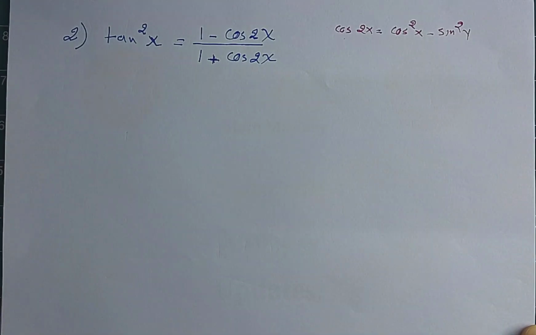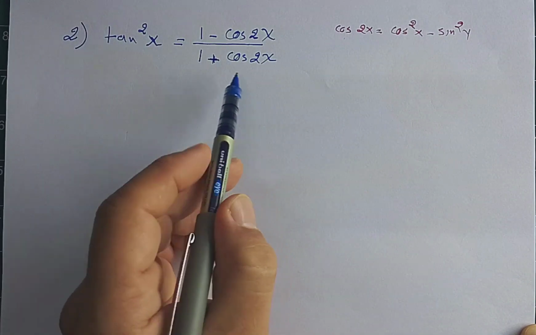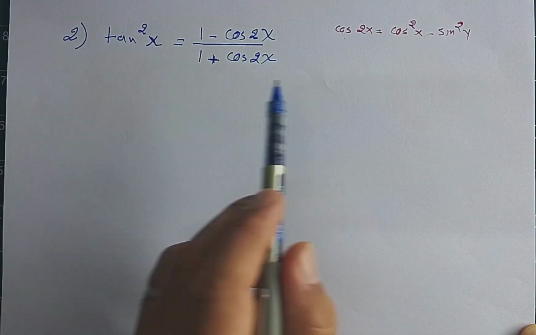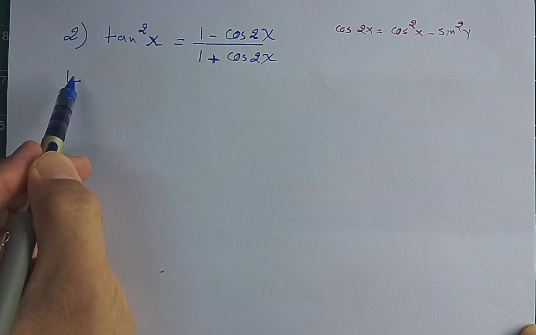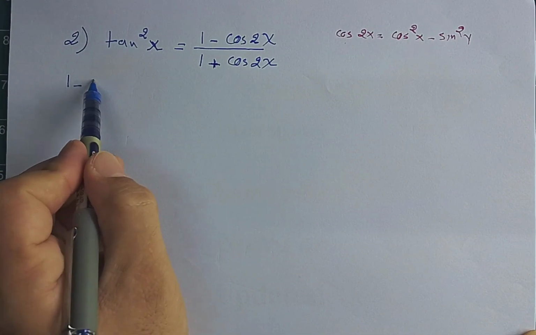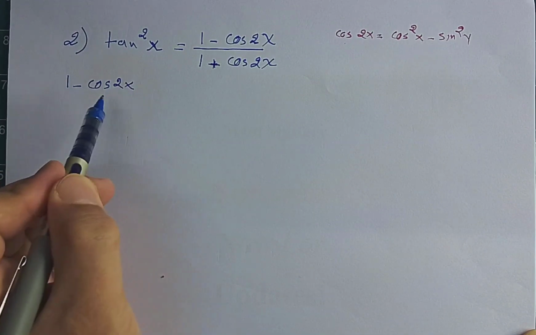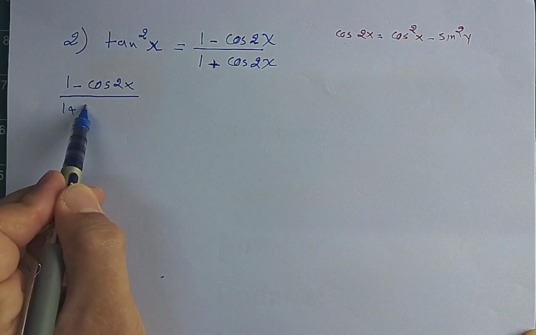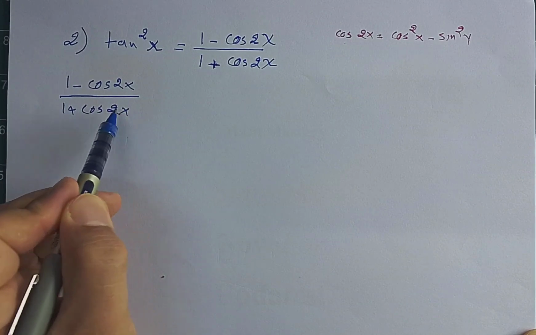Okay, so I start with the right side, 1 minus cosine 2x out of 1 plus cosine 2x equal,